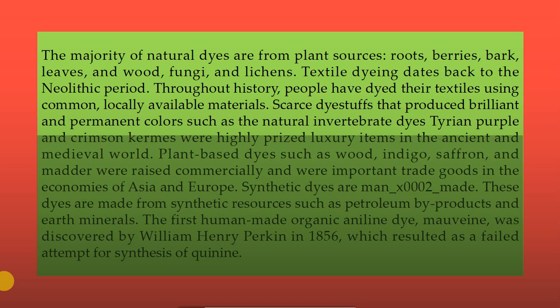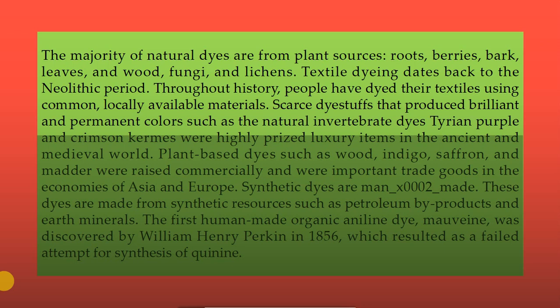Scarce dyestuffs that produced brilliant and permanent colors such as the natural invertebrate dyes Tyrian purple and crimson kermes were highly prized luxury items in the ancient and medieval world. Plant-based dyes such as wood, indigo, saffron, and madder were raised commercially and were important trade goods in the economies of Asia and Europe. Synthetic dyes are